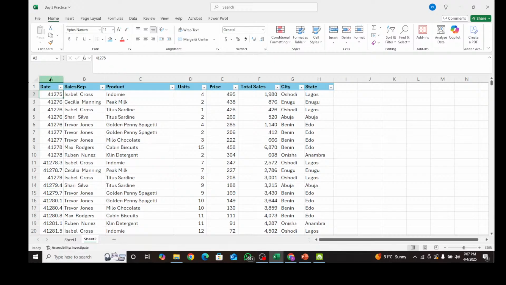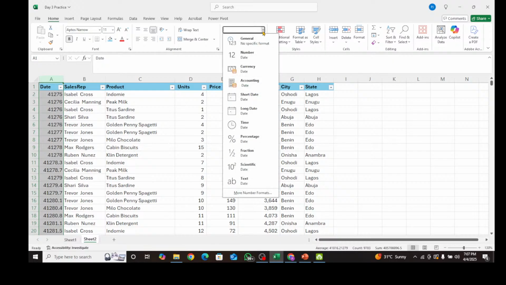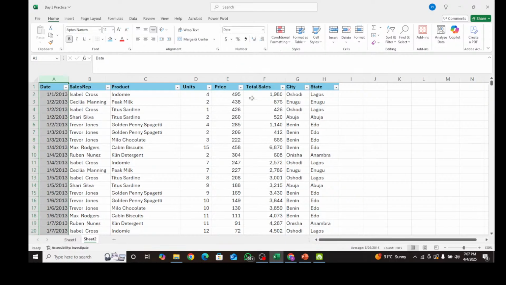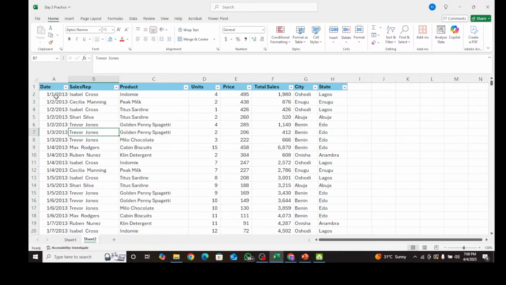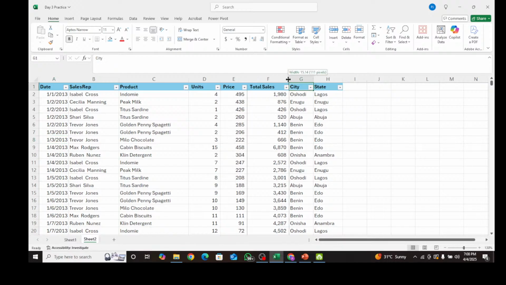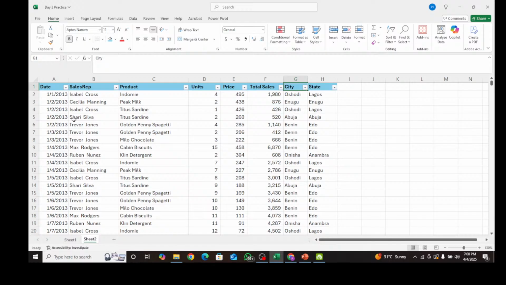So I can simply change this formatting by highlighting the date and then going to General, clicking on Dates, Short Date, and it will change the format to date format. When the format of data is not correct, it can be misleading. Somebody can think that is money, whereas it's not money, it's a date. So it's important to make sure that when it is a date and it is not written well as a date, you